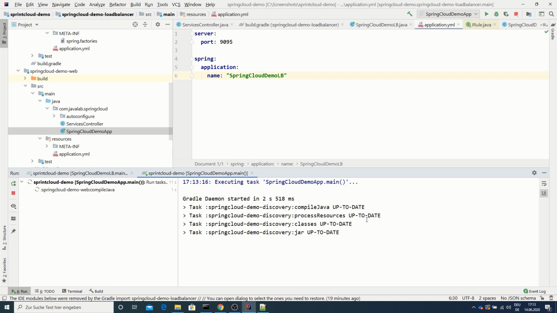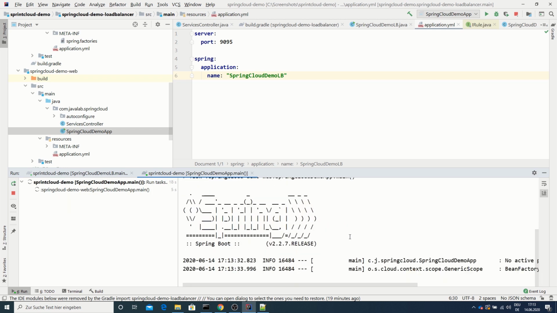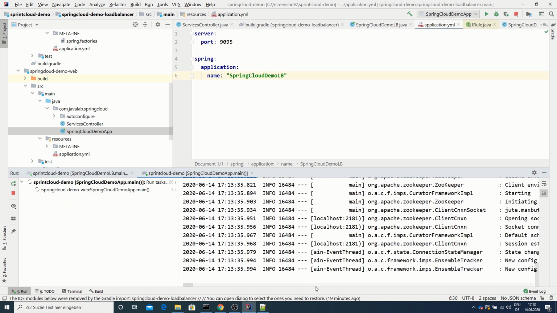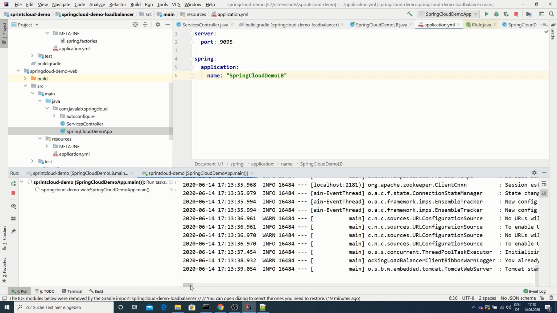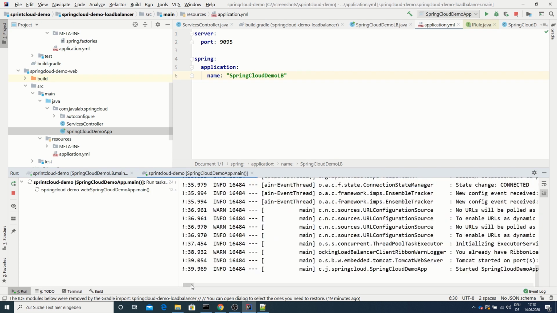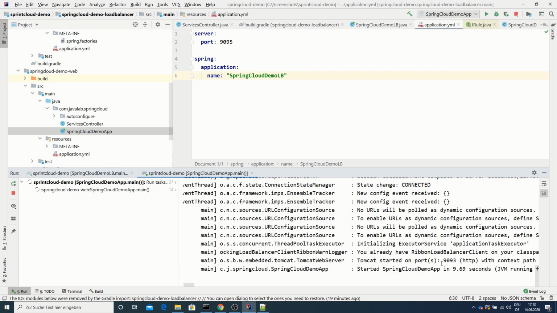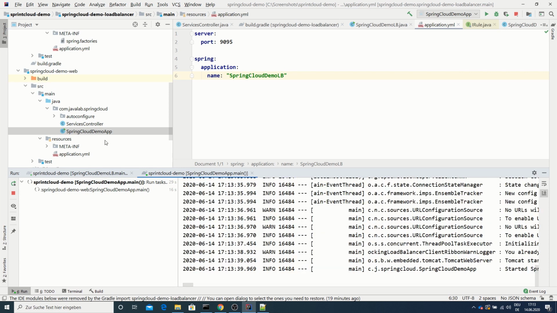It takes a little bit of time. Okay, application has been started on port 9093, and now, in order to demonstrate the load balancing which I've implemented here,